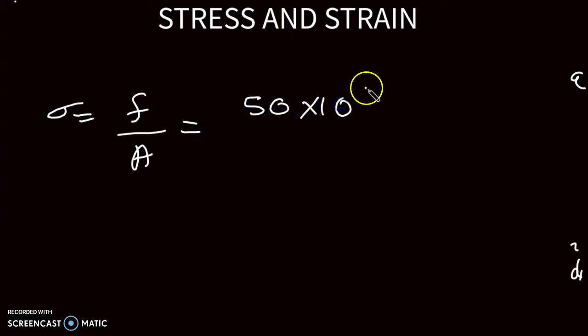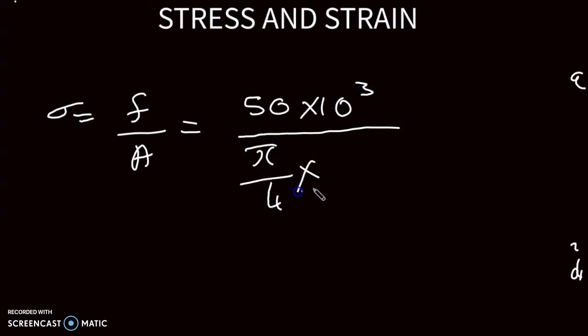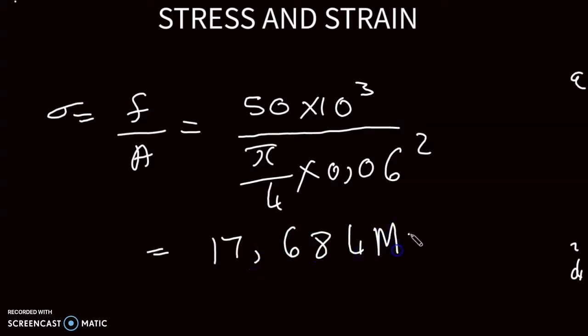They say calculate the minimum stress. The minimum stress will occur on member number 2, and stress is given by force divided by area, which will be: the force is 50 times 10 to the power 3 divided by the area, 0.06 squared, which will give us a stress of 17.684 megapascal. This is the minimum